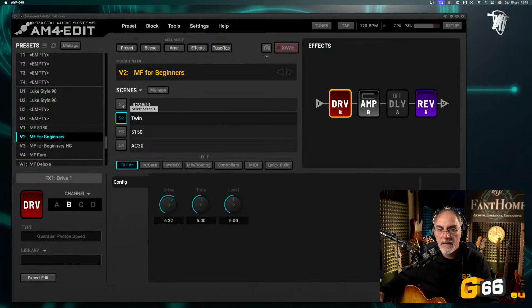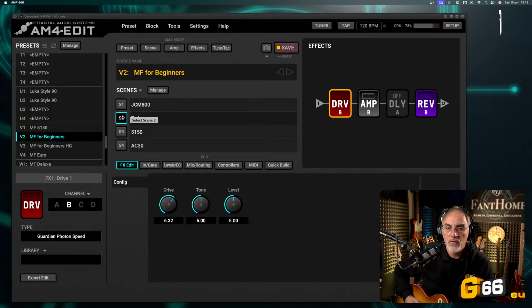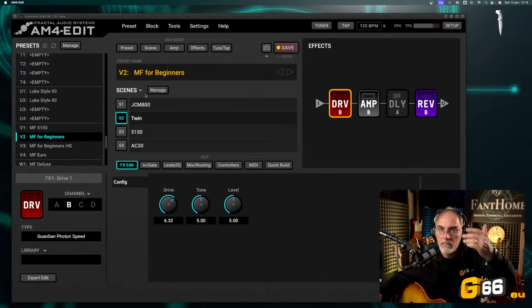Okay, I come back to the JCM 800. When I select the Twin, so you have much more than 4 blocks. You have 4 blocks by 4, theoretically.